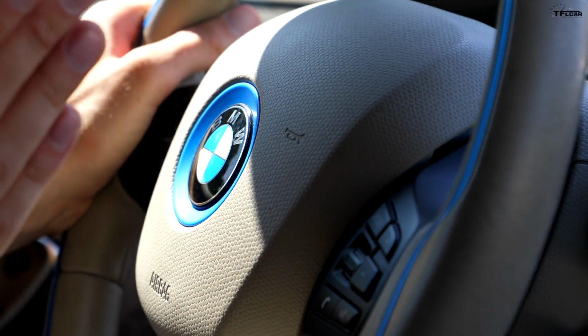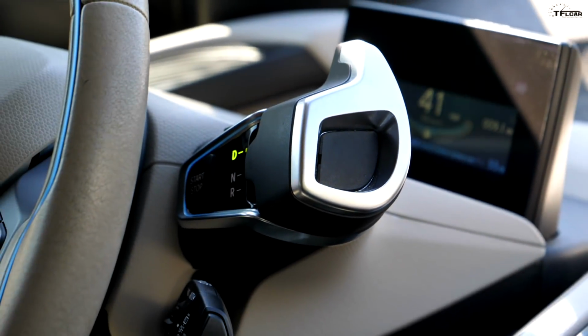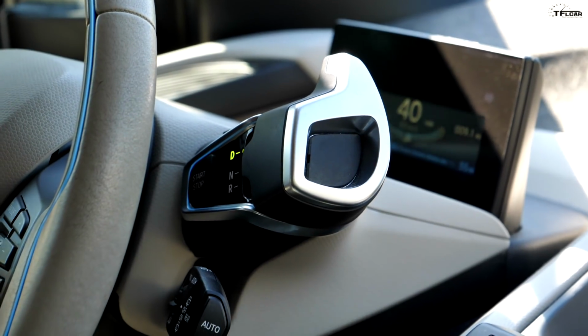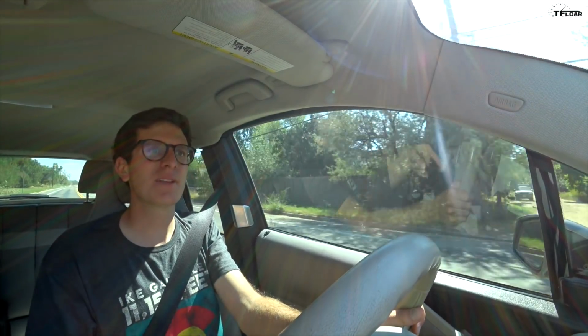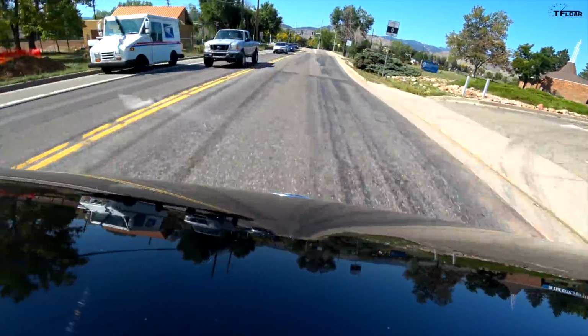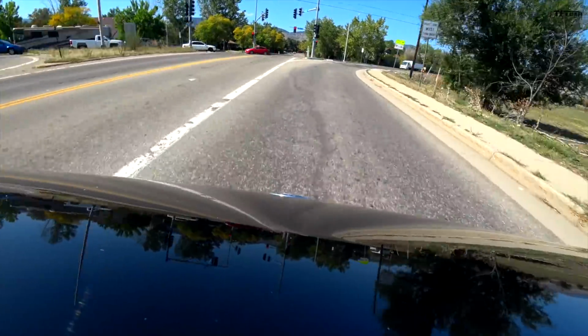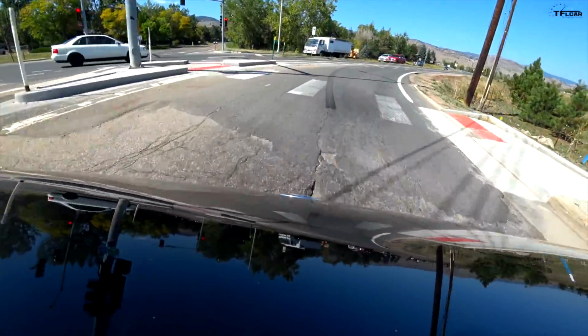Now, this is still a fully electric car, so charge it up and I can go 72 miles on a full charge. However, when the battery reaches 6% charge, it doesn't just simply die, it kicks on a 2-cylinder gasoline engine. And when that gasoline engine kicks on, it supplies energy for the electric motor, so we can go another 78 miles. Now, it's not a plug-in hybrid. That gasoline engine never makes any physical connection with the drive wheels. It simply acts as a generator, and it will propel me along at pretty normal speeds until I can find